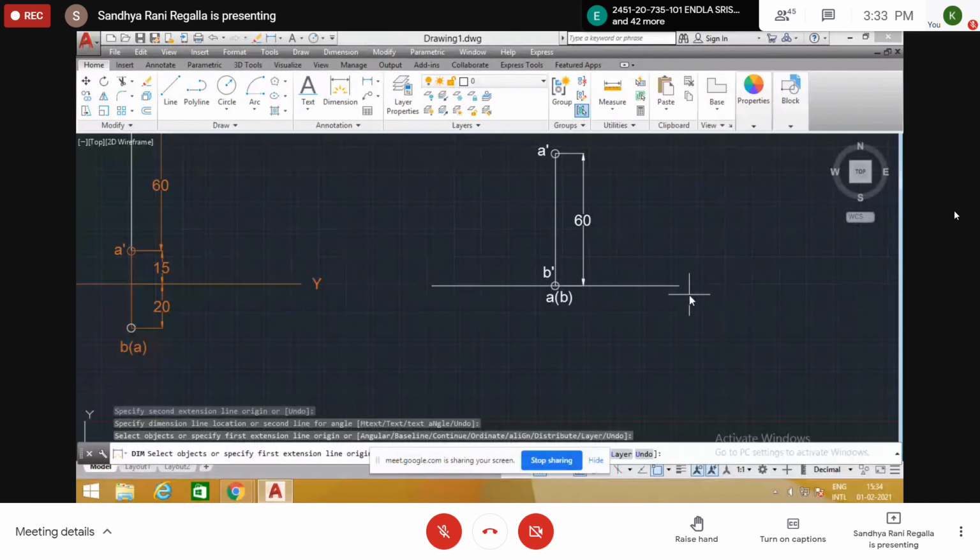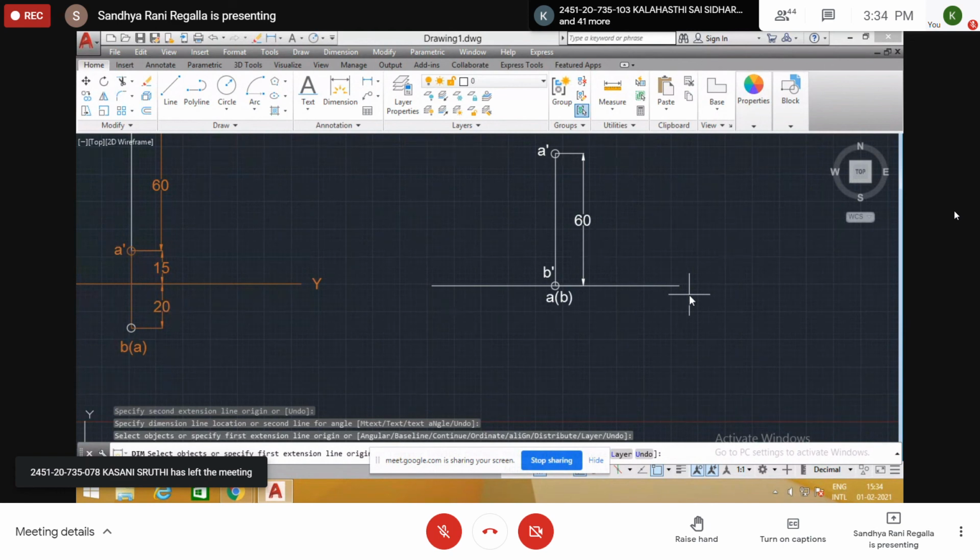Draw the projections of a 70 mm long line. You write these diagrams roughly in your notes. Later on you practice in AutoCAD.